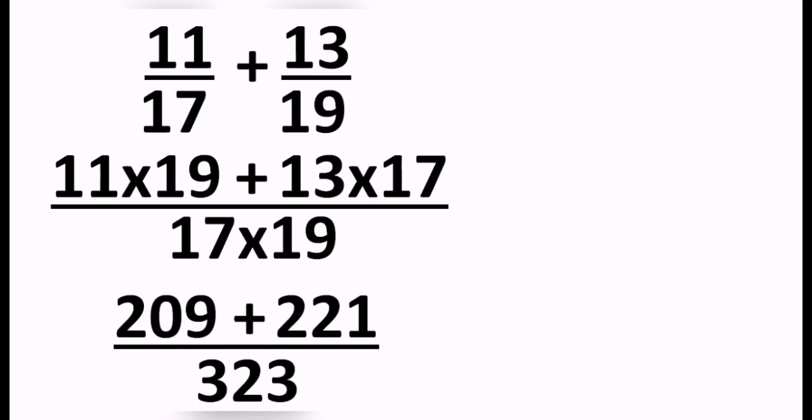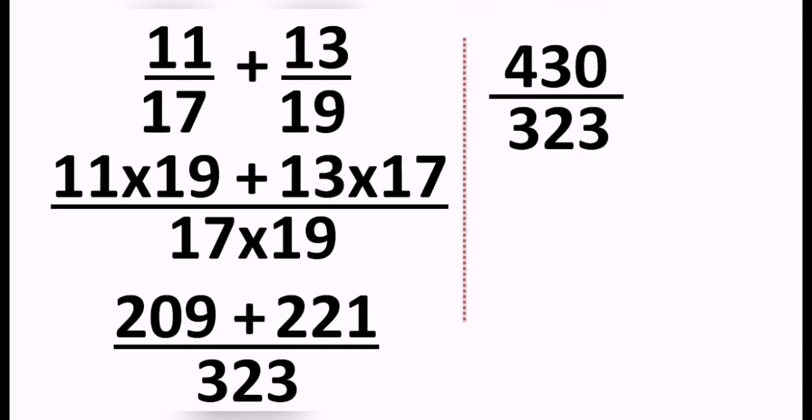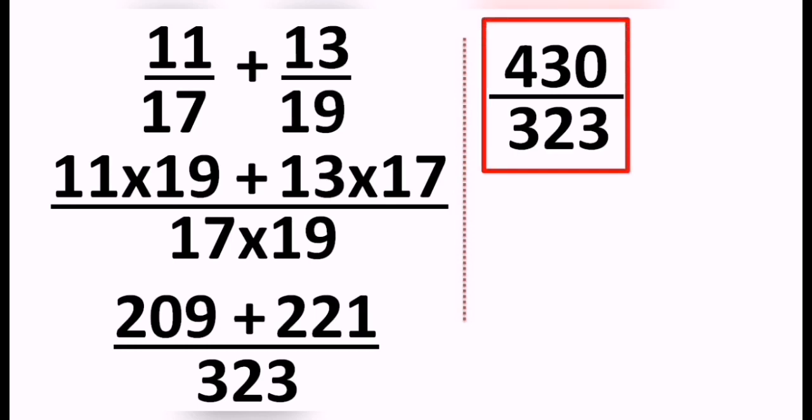Presently over here, the answer of 19 into 11 is 209. 13 into 17, answer is 221. And in the denominator, we have 323. Here, after carrying out the multiplications, now we have to add only numerators, if you remember the stuff. And after adding numerator we get the answer 430 upon 323. And now we have to check, is there any number which can reduce this fraction? And to our surprise, there is no number which will divide this. So my final answer is 430 upon 323. I hope you have understood the sum. Let's move on.